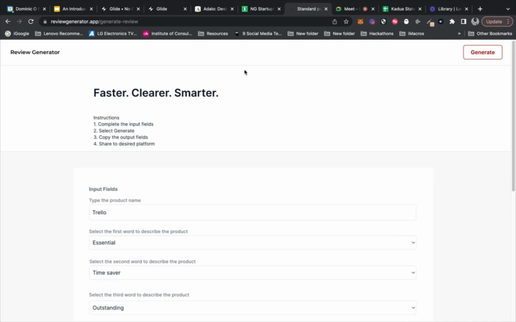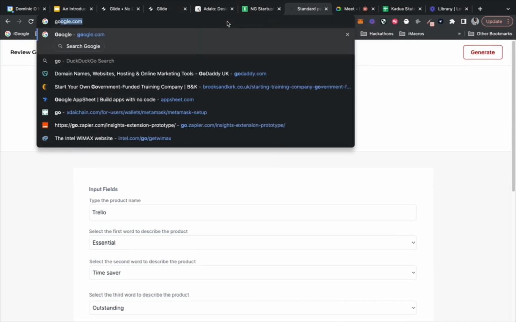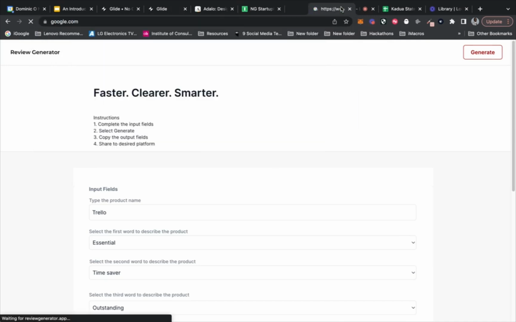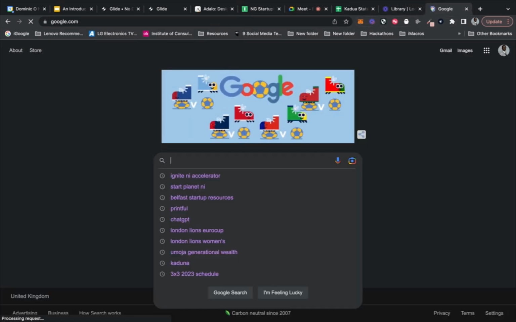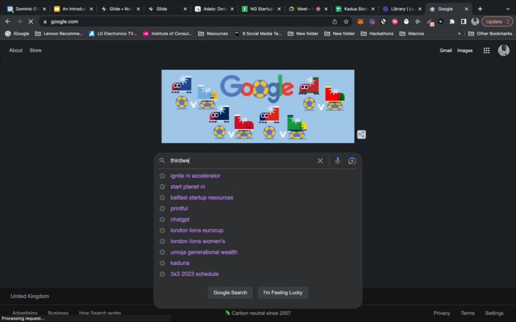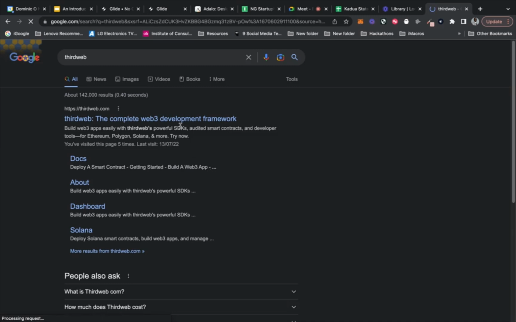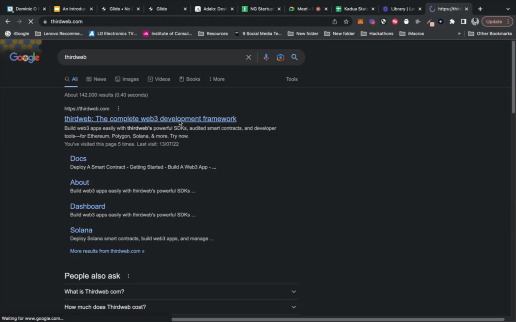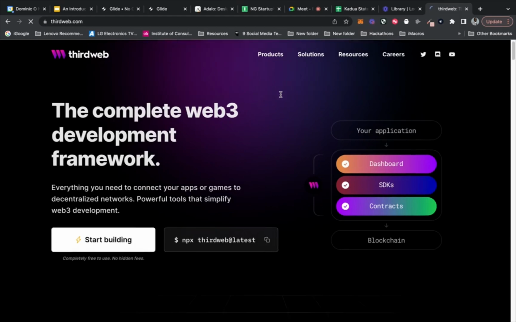Crypto system using Glide. When you say crypto system, I'm not entirely sure what you mean, but there are specific tools. In the beginning presentation, I did have Web3 as a separate section. You would want to use Glide for more mobile apps, native apps, but there's a tool called Thirdweb. Again, this is another no-code tool, and it allows you to create smart contracts, cryptocurrency tokens, and lots of different things without coding.